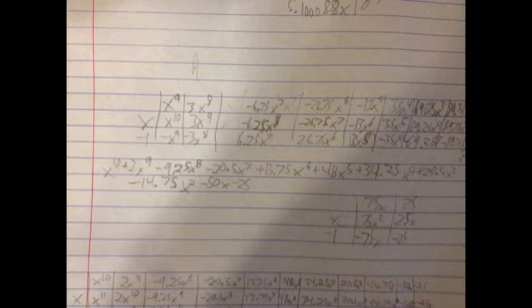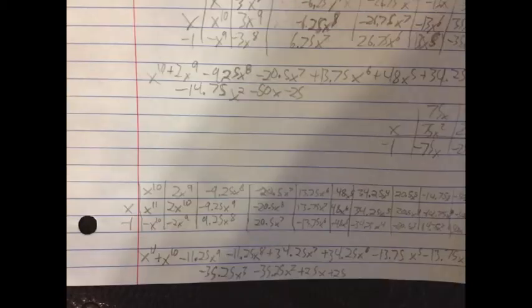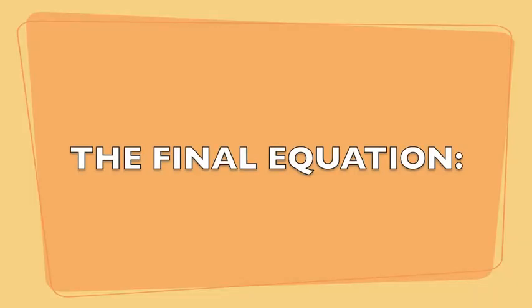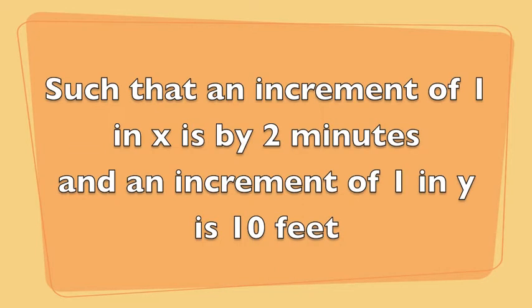So, after even more work, we finally derived the actual numerical final equation. So our final equation, such that an increment in x is by 2 minutes and an increment in y is by 10 feet, our final equation reads